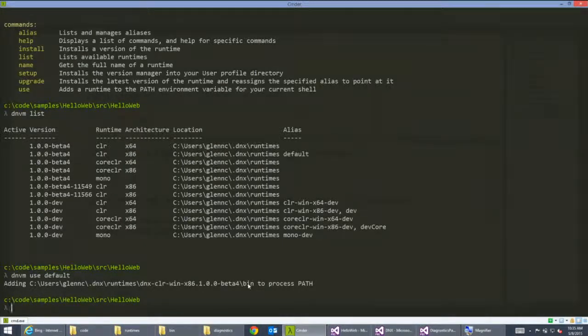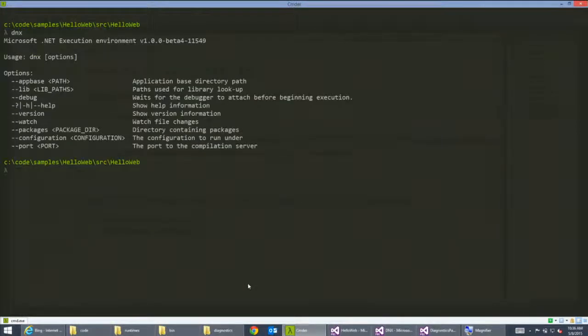There's a folder, this path, C:\Users\GlennC\.dnx\runtimes. Inside there is a couple of exes. This dnvm tool is a glorified path manipulator and downloader. Okay? It does some HTTP requests, it grabs some DNXs, downloads them off of NuGet, and it manipulates your path so that where they're downloaded on disk is on your path, so that when you go dnx, it runs the right thing. That's all it does. Okay? It's not rocket science. Okay, so let's clear and go